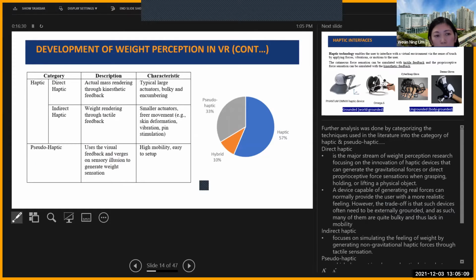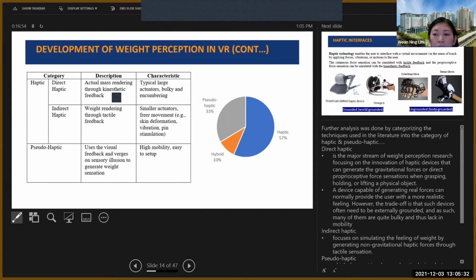Further analysis was done by categorizing the techniques in the literature into the categories of haptic and pseudohaptic. In haptic, we have also separated two, direct haptic and indirect haptic. Direct haptic is the major stream of the weight perception research, focusing on the innovations of haptic devices that can generate gravitational forces or direct proprioceptive force sensations when you grab, hold, or lift a physical object.